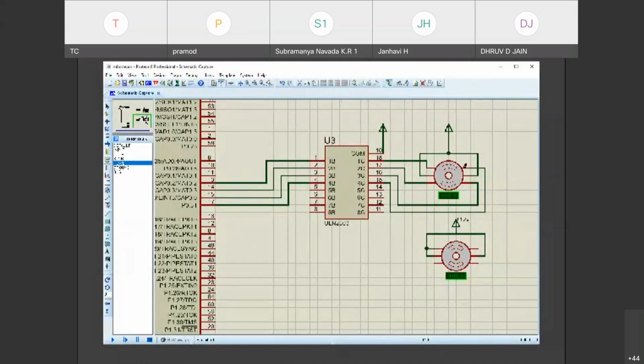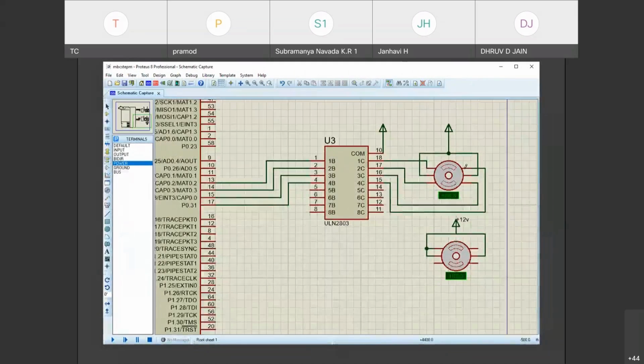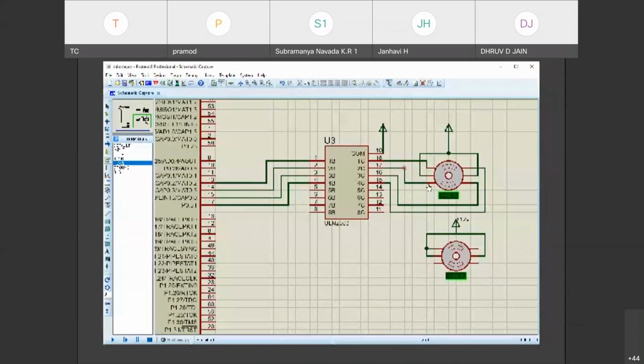Please remember, last one is upward, last but one is the downward, then 17 is downward, 18 is upward. Up, down, down, up. That's what the connection is. Please remember 18 to the first, 17 to the second, then 16 to the third, then 15 to the fourth,